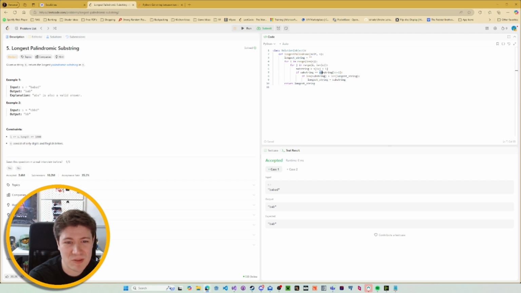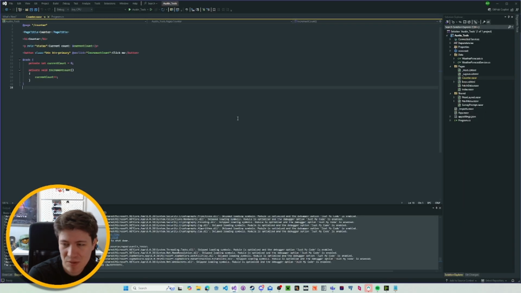This is something new that I looked at, which makes total sense. But this is just reversing the substring. I had to look that up on Stack Overflow to figure that one out. Didn't know how Python did it, but makes sense. Anyways, that is all for leetcode, I guess. Only one problem. And now I'm going to move over real quick